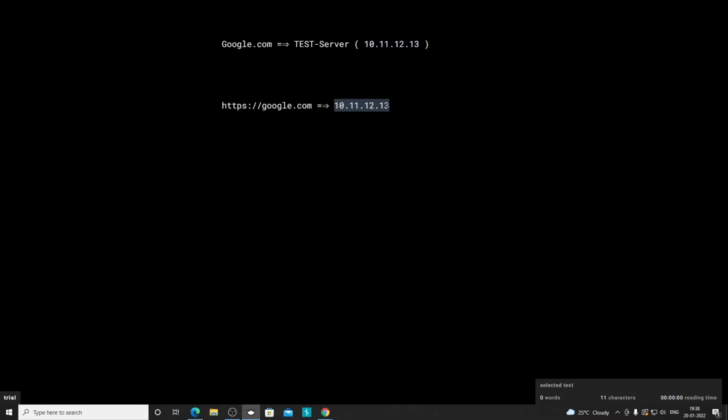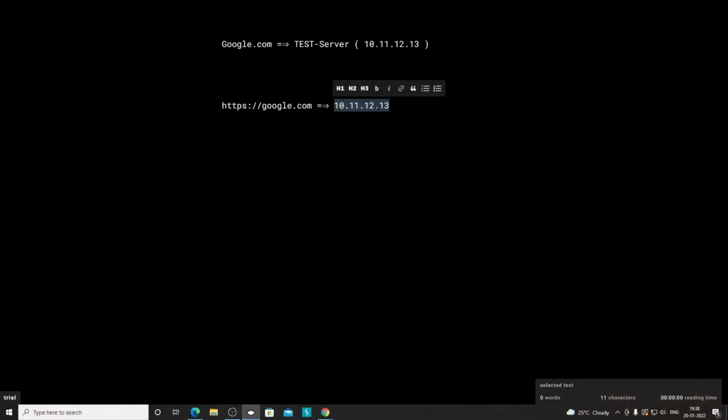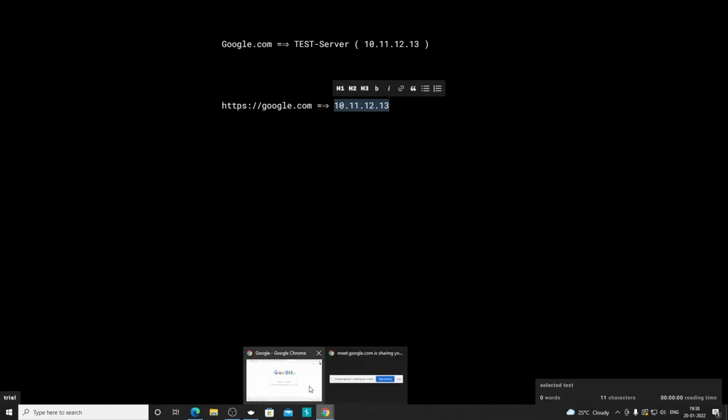Now earlier, what used to happen when we didn't have this is actually called a domain name. In normal words we call it a website name, but the technical term is domain name. Remembering all the IP addresses: you can access google.com by directly putting this IP as well. This is not the correct IP, I'm just giving an example.